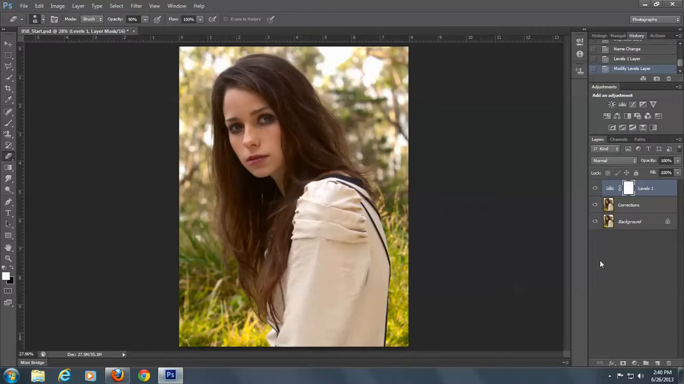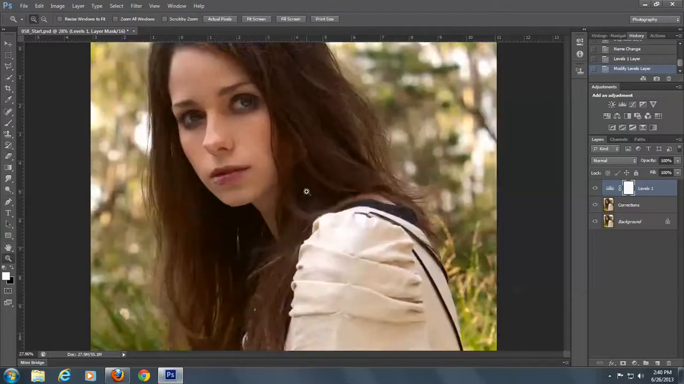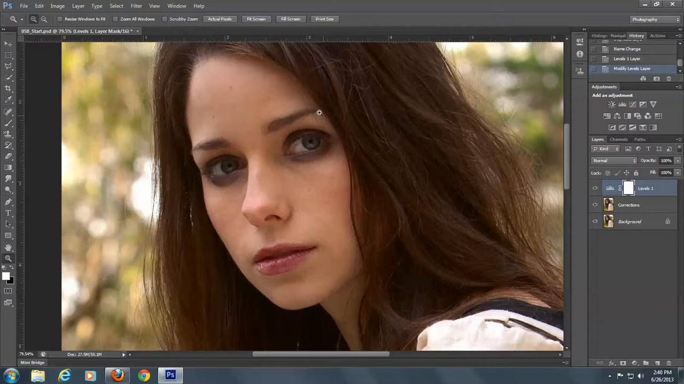So now that we have that, what we're going to do is zoom in on her face, and she has some little hairs here on her face. So we're going to go to the spot healing brush. And if you're following in the book, this would be on page 143. And what we're going to do is set the